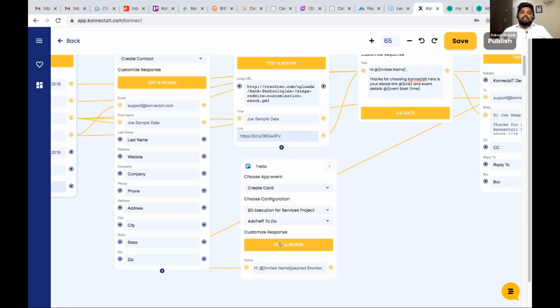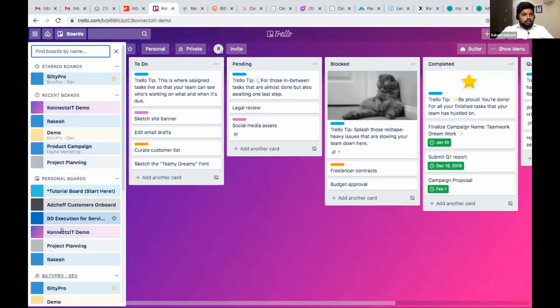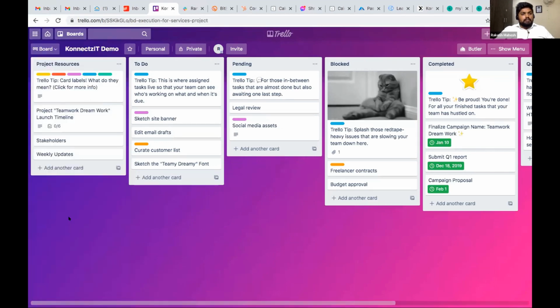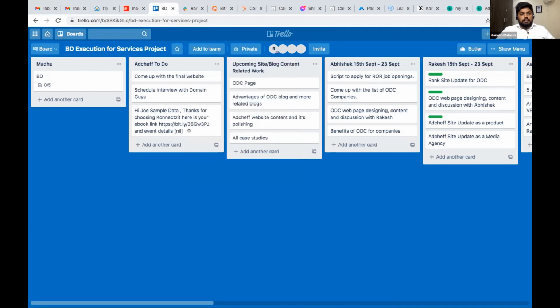This will send data from the text formatter to Trello. I can show that. This is my Trello board, and here it is. You can see that this is the data we actually received from our application.